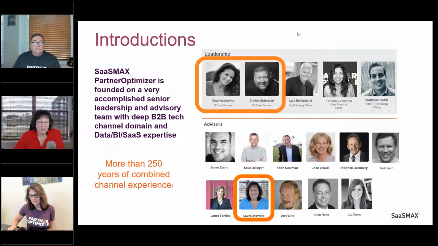What I have to say about both of them, they've been in the industry a really long time. They're two of the most brilliant people I know, not just because I know them from the work I'm doing with them, but because I knew them way before SaaSMAX was around. Don't date us too much now. Come on. Not that long ago. I mean, I'm dating myself. Well, that's okay. Just don't date me. All right, I'm going to drop off camera and let the two of you take over from here.